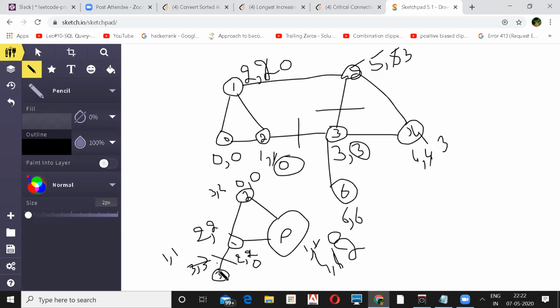The moment you backtrack to this, this value will be different than this, right? So this value will be 0, right? In this case, your parent for this one is 3. So your 2 0 will be 2 2. Okay, so this will be 2 2. Then from 1 you'll go to 3. When you go to 3, at that time you'll check your low value. So your low value should be lower than that.